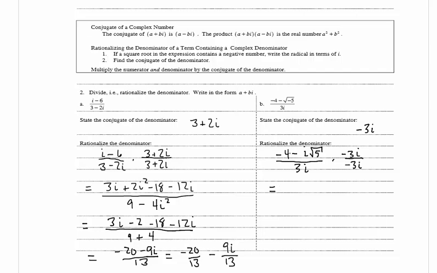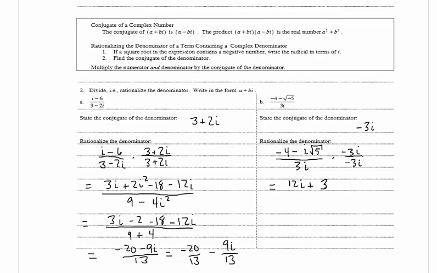In the numerator, we have 12i plus 3i squared times the square root of 5 divided by, we have 3i times negative 3i is negative 9i squared. And now i squared is equal to negative 1, so we're going to have 12i minus 3 square root